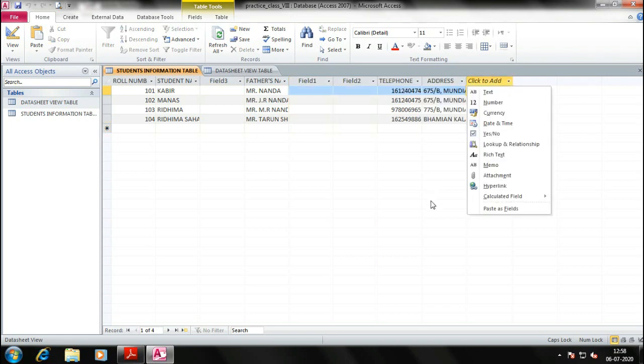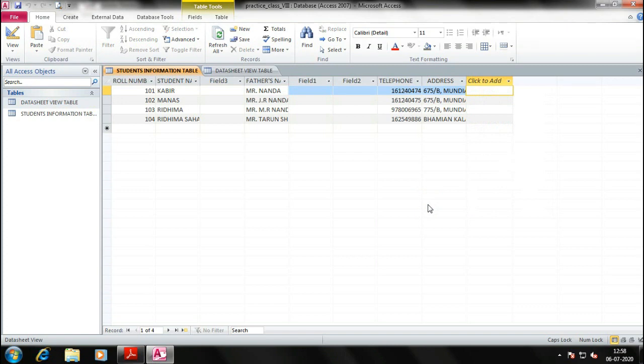Click here. You have to be very precise in dragging because it's not that simple. Click here, you just hold it. When this blue line comes, and the box below the cursor comes, then you are able to move it. Now, okay, clear.